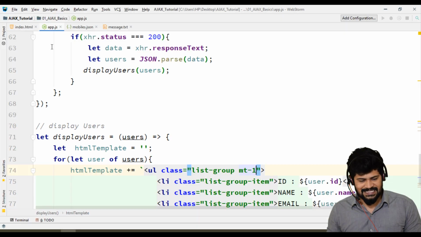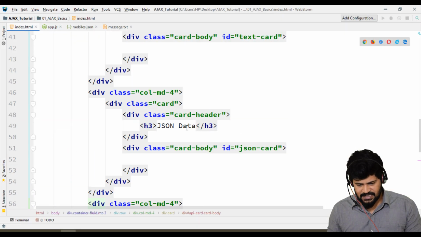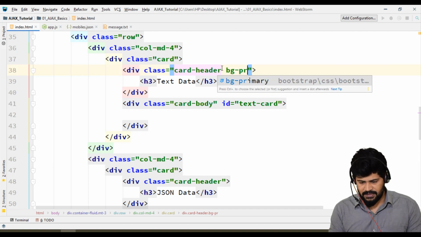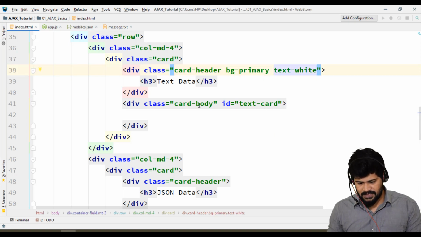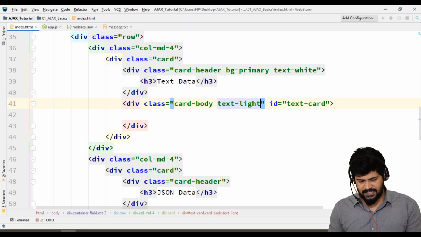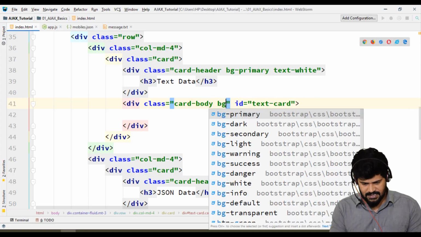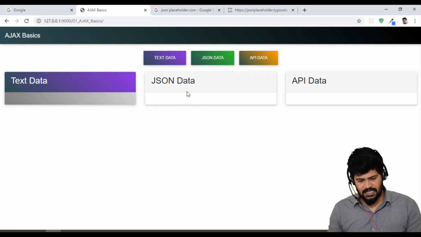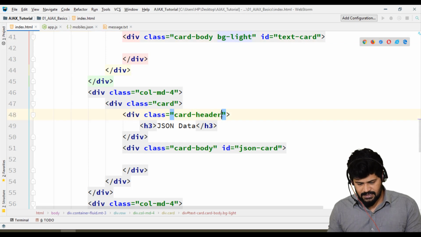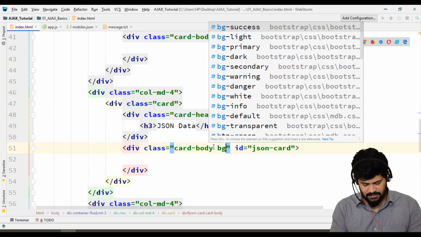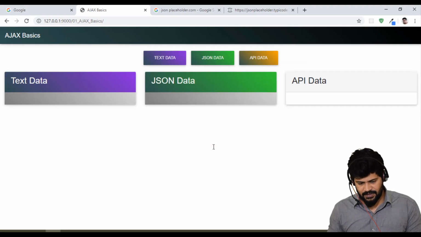And if you want to give some nice colors, as a last finishing touch, for the header I give bg-primary and text-white, and for the card body I'll give bg-light. So it looks nice, this color format. And this is bg-success and text-white, this is going to be bg-light.